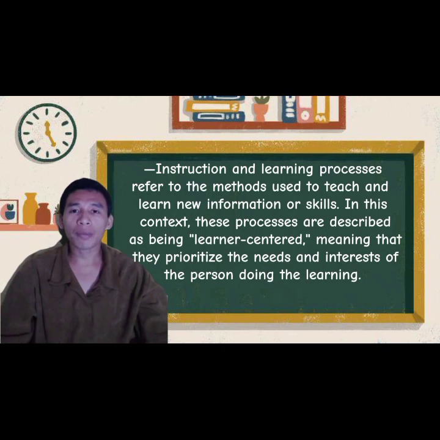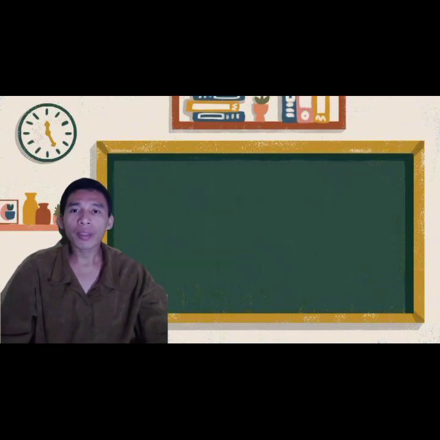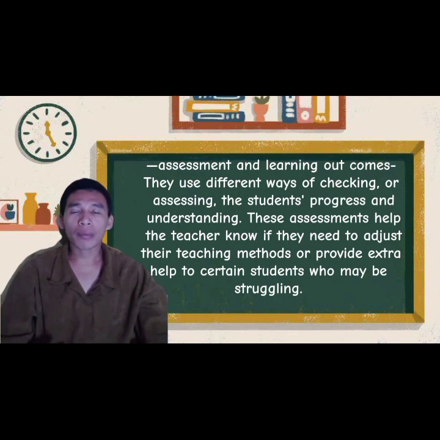Instruction and learning process refers to the methods used to teach and learn new information or skills. In this context, these processes are described as being learner-centered, meaning they prioritize the needs and interests of the person doing the learning. Assessment and learning outcomes. They use different ways of checking or assessing the students' progress and understanding. This assessment helps the teacher know if they need to adjust their teaching method or provide extra help to certain students who may be